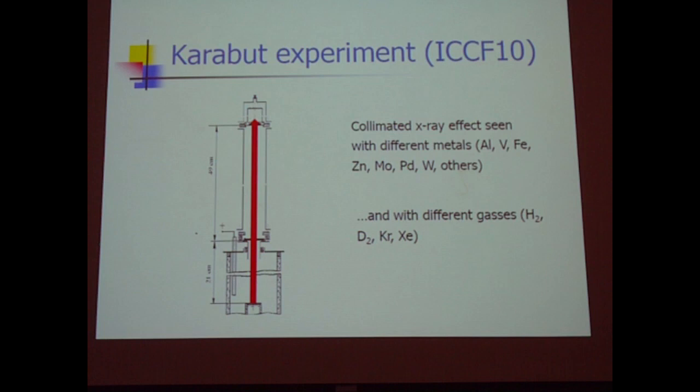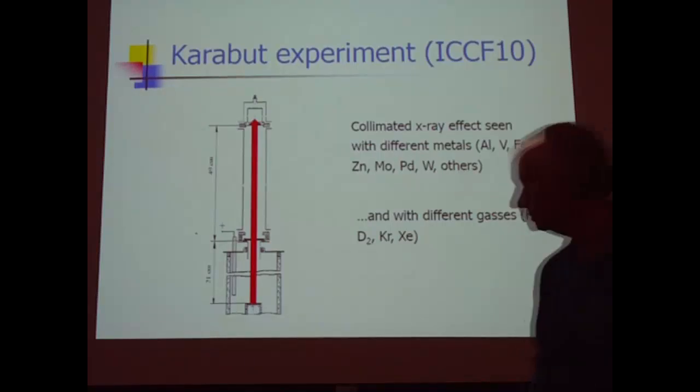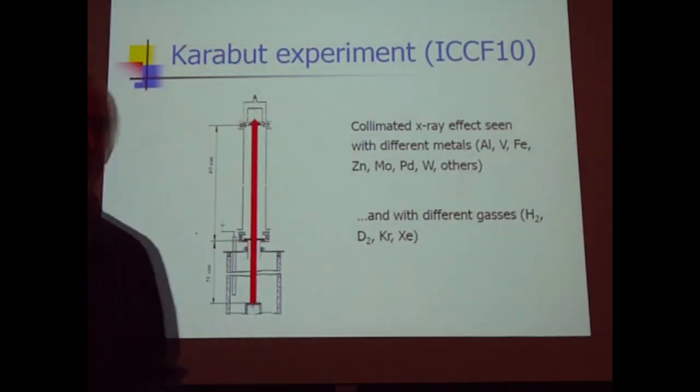We were trying to measure, there was a claim at that time that they were seeing gamma emission. And we tried to see the same gamma emission. We actually saw the gamma emission that he saw. The only thing is that we understood it to be just noise and rolling the dice statistics and not real gamma emission. Yeah, but I was going to say that it looks like could it not be a Bremsstrahlung spectrum